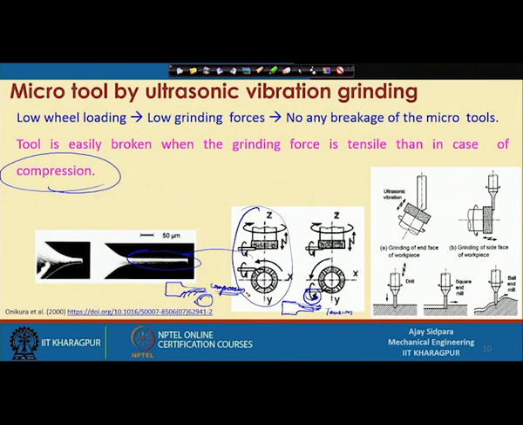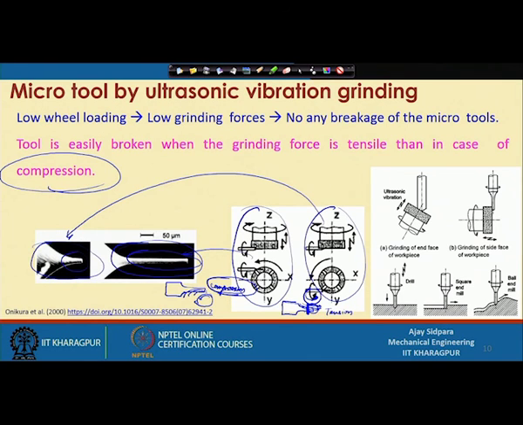and here it is in compression, right. So, what is the advantage here? When it is in tension, you will not get this particular feature, because now the length is an issue. Once you cross one part, when you are machining at this location, the strength of this part will be very less, but that is not going to happen here, because the compressive strength is higher than the tensile strength. So, that is the advantage, that when you do the fabrication of the cutting tool in the direction of the compressive forces, you will end up with a higher length of the cutting tool, but that is not happening at this location.